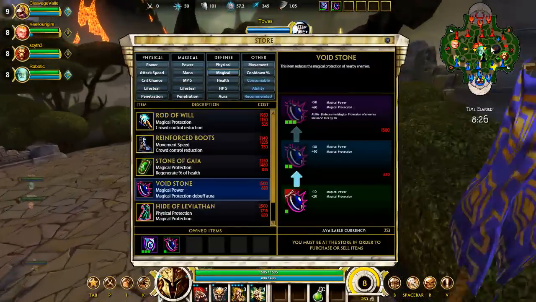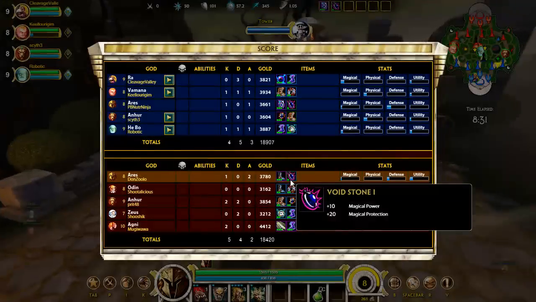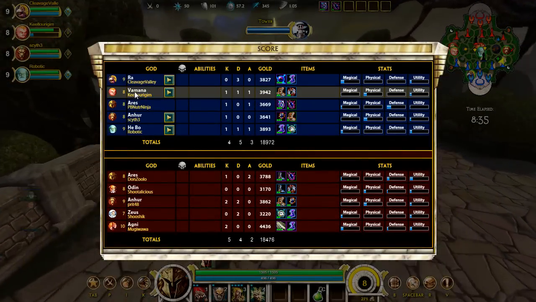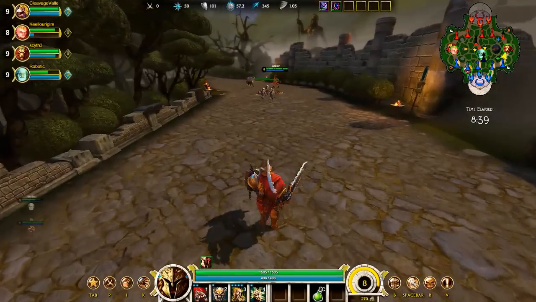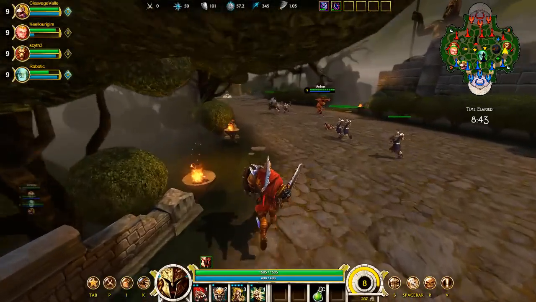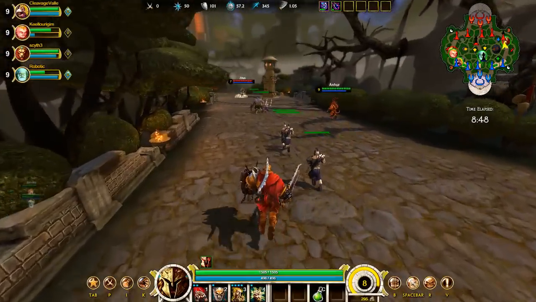So guys, I do like to build straight up physical protection first. The enemy is building that void stone first against my mostly magical team. Let us see what they have. And yes, we do have 1, 2, 3 magics, so he is smart in building that. But again, the mystical mark doing 30 magical damage per second, it really does add up, especially if you stay